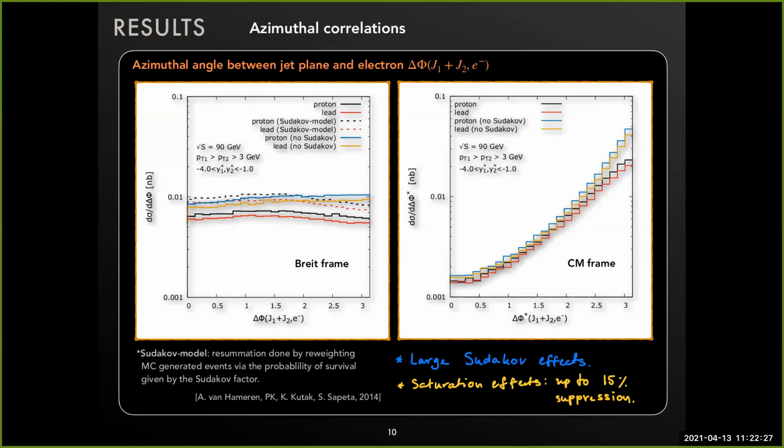I just want to quickly chime in here, following up on Farid's question. Basically, there is a kind of interplay between the Sudakov and the ITMD approach, because the Sudakov only matters when the jets are really, really back to back. If you go away,